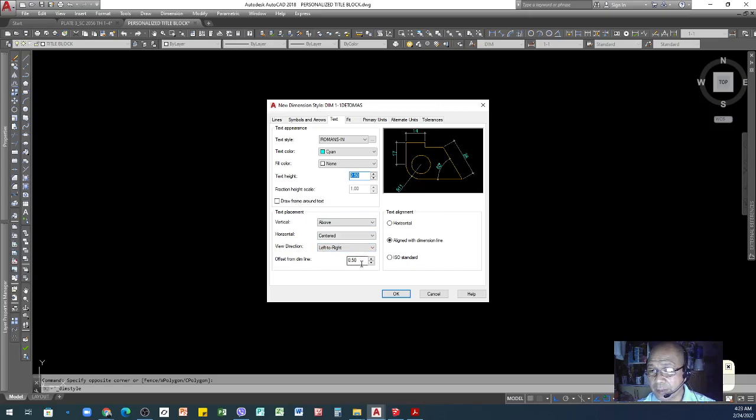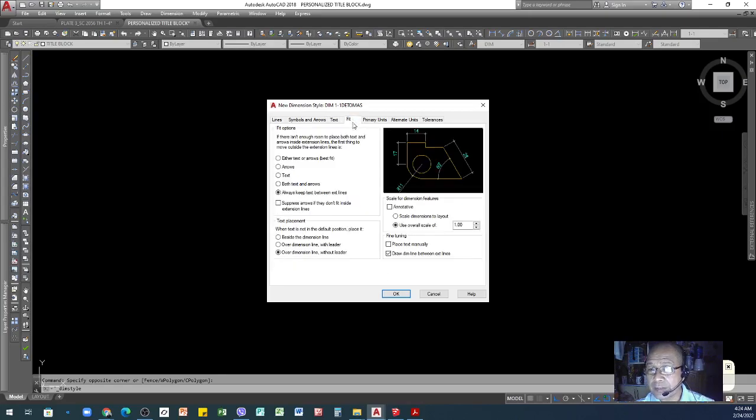Offset from dimension line: this is the distance from the dimension line to your numerical figure, the number that indicates the size of your drawing. If you want to make it farther from your dimension line, we can increase this one. This one is now 0.5, so we can change it to 1 in order for the number to appear a little farther from your dimension line. So that's it. Then the rest, just leave it there. No need to change, it's already set up.